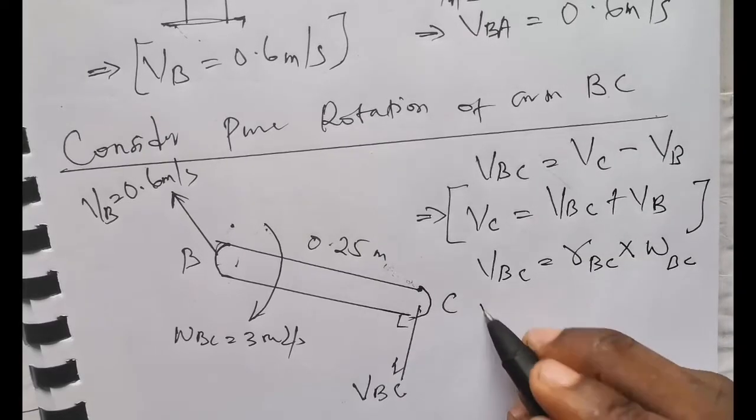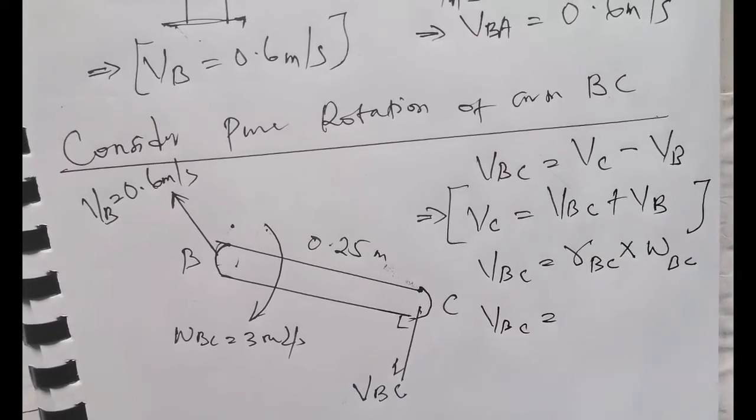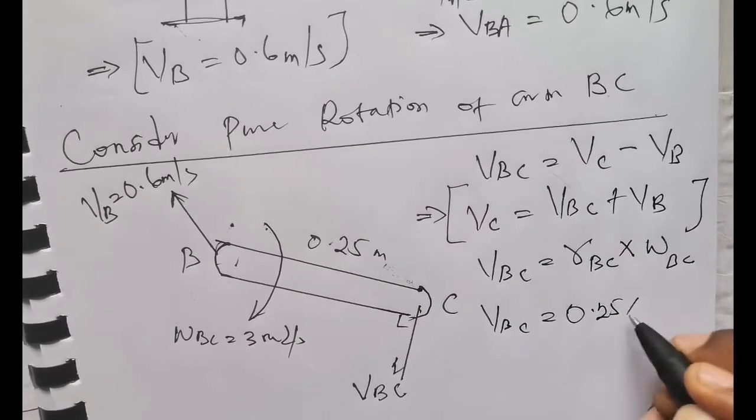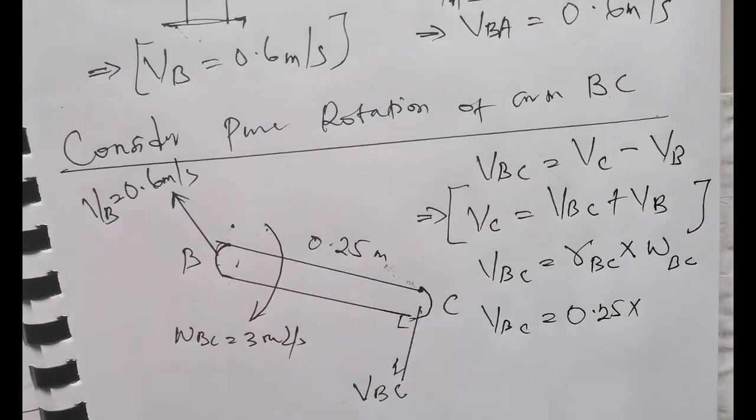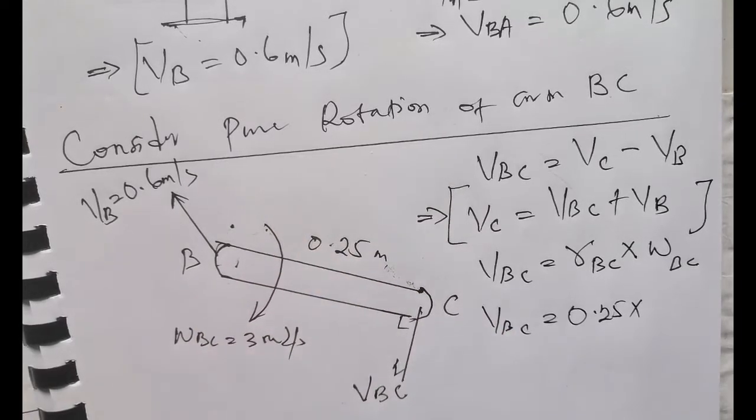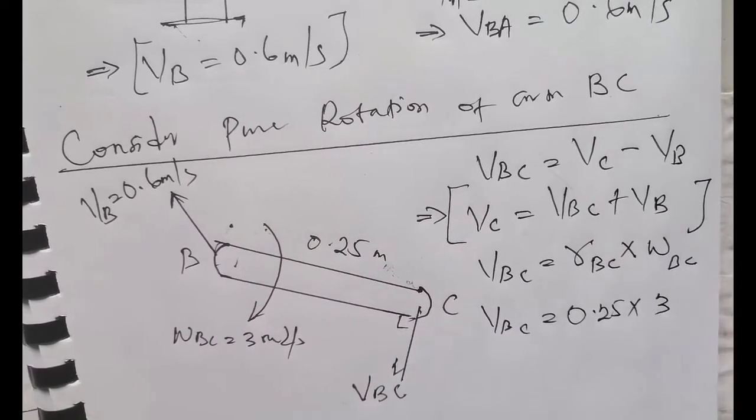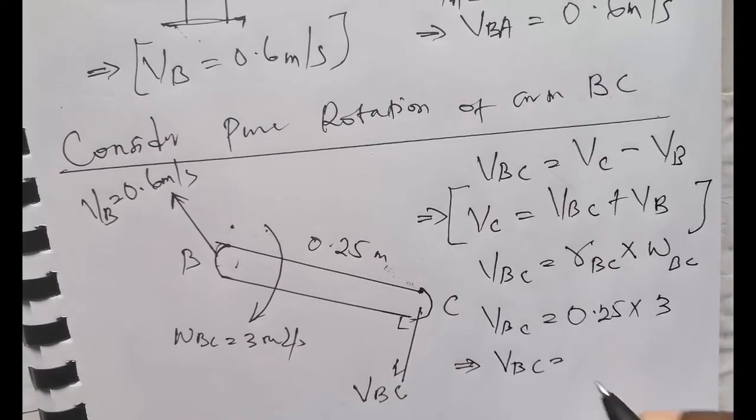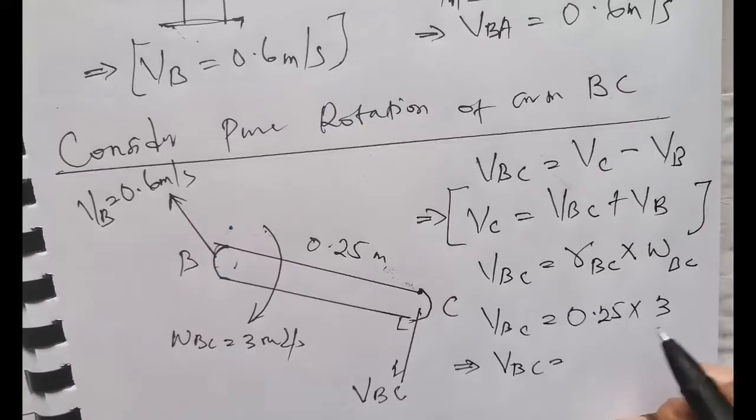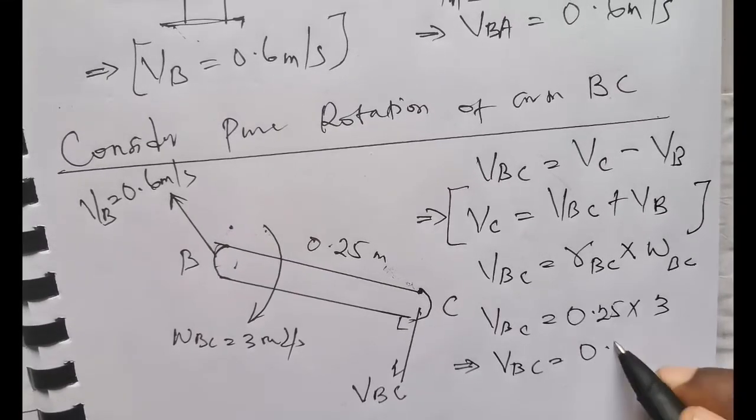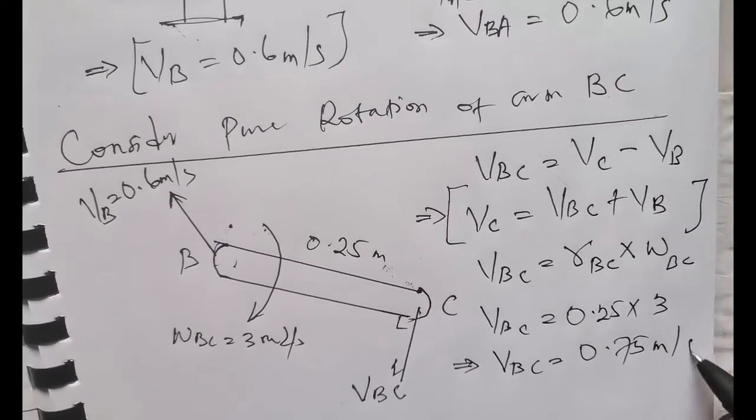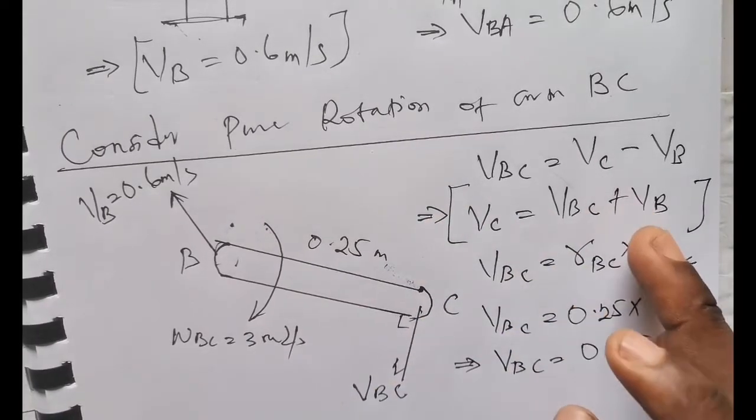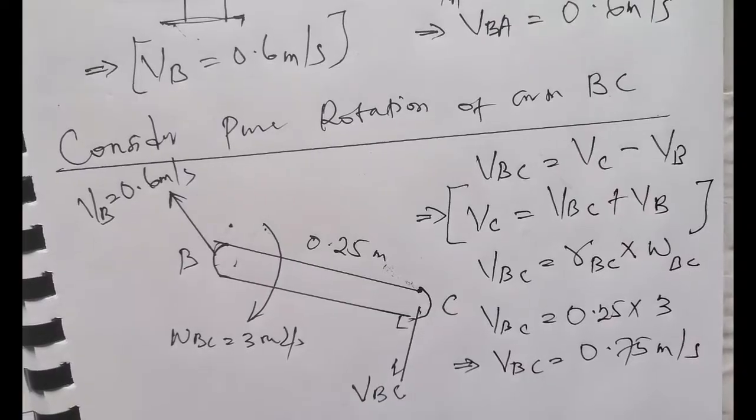So this simply means VBC equals the radius arm, which is 0.25, multiplied by the angular speed, which was given as 3 radians per second. So multiplied by 3, this simply implies that the relative velocity between B and C is equal to 0.25 multiplied by 3, that gives us 0.75 meters per second. Now if you know this, simply plug into this equation and you will obtain the value of the velocity vector